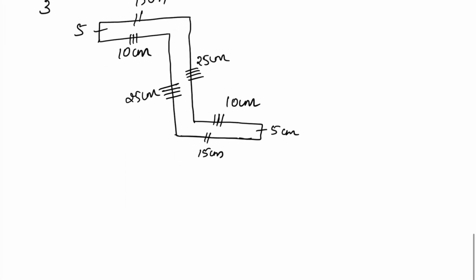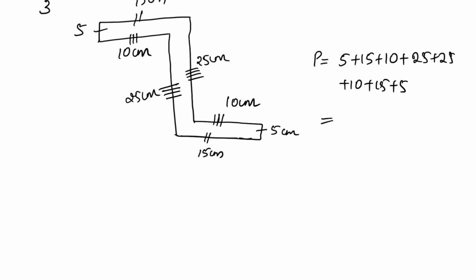So just add up all the sides, you will get the perimeter. So what do you get when you add them? You will get 5 plus 10, 20, 30, 30 plus 50, 80, 90, 105, 110 will be your answer. Okay. So let us do the second sub question now.